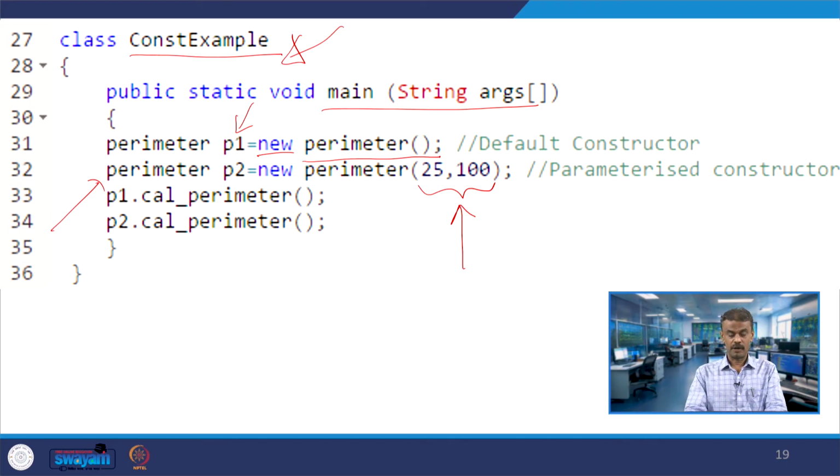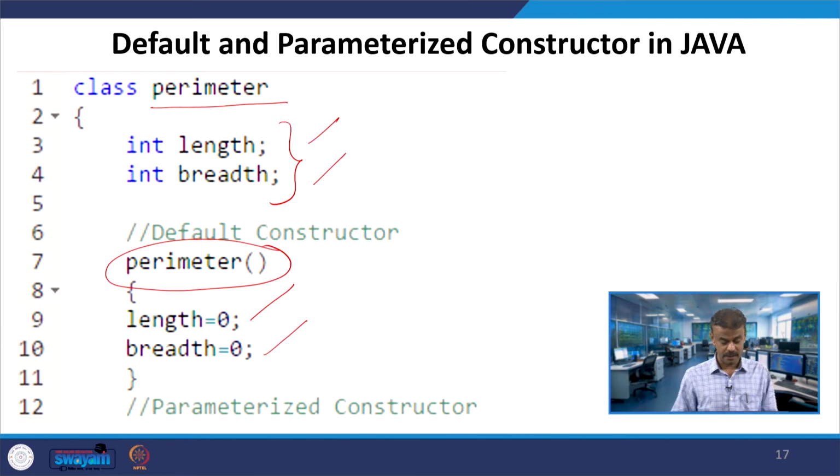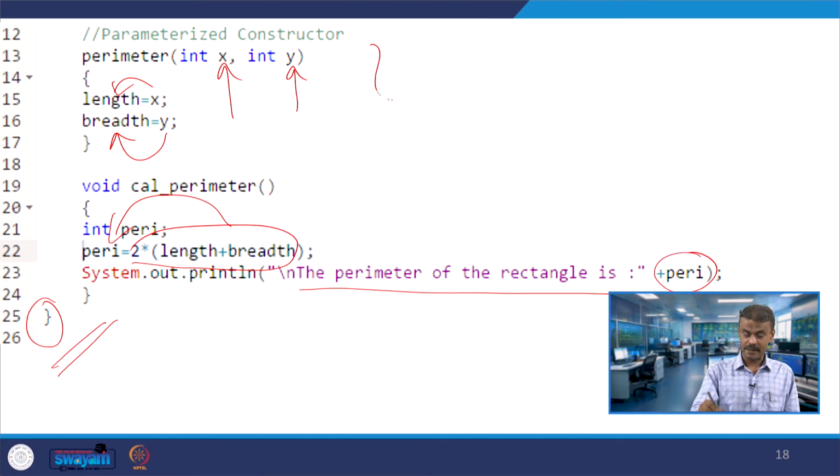What is happening when you pass 25 and 100? This is your parameterized constructor, x will take the value 25 and y will take the value 100. That will be assigned to length and breadth for object P2. This is what exactly is happening.